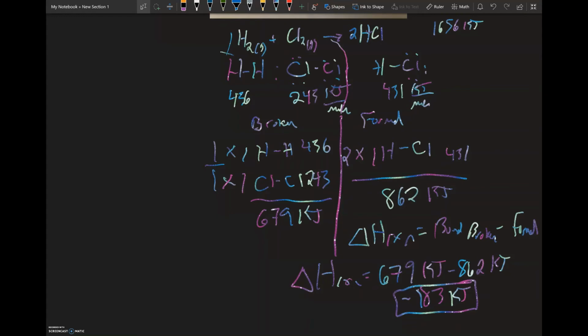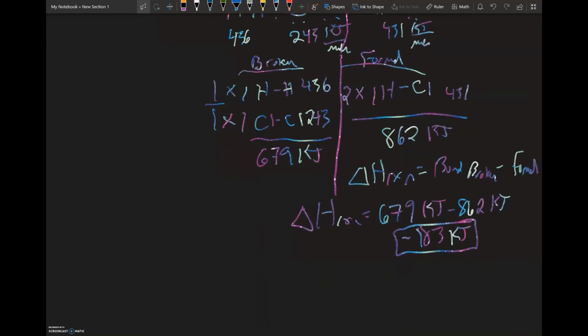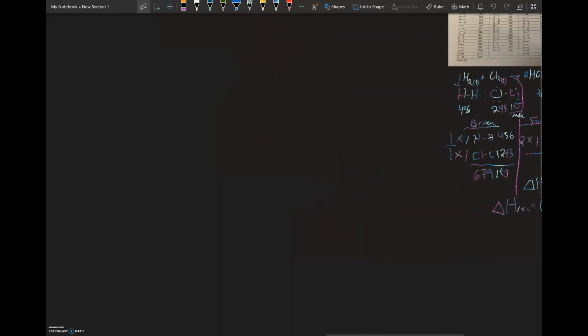You combine those together. You add up the bond energies, not enthalpies of reactions. Sorry about that. So you add them up, and then you plug them into the equation to solve for enthalpy of reaction, where you have broken minus formed. If you can keep that stuff straight, then you will end up with the right answer every time. And so, just like anything, you have to just keep working on it. So, if we look at another example here,